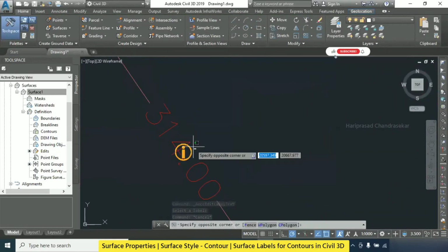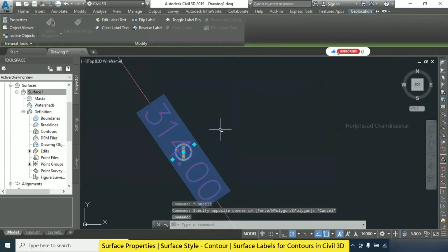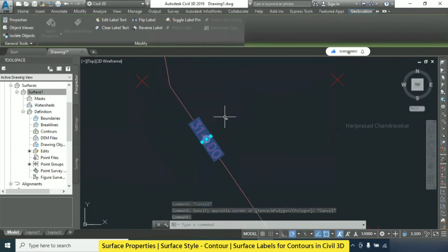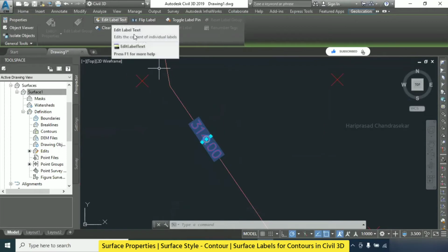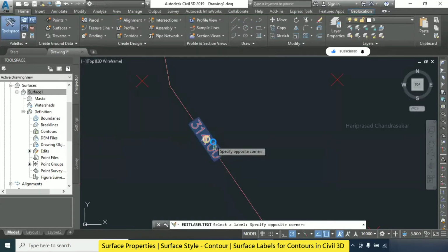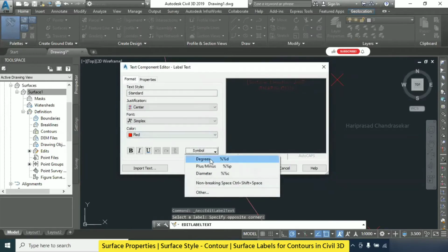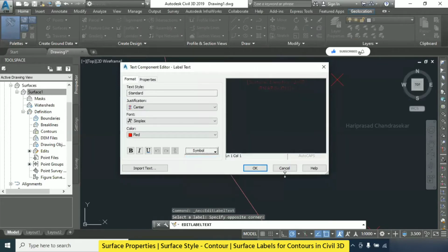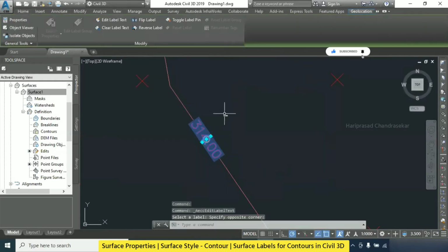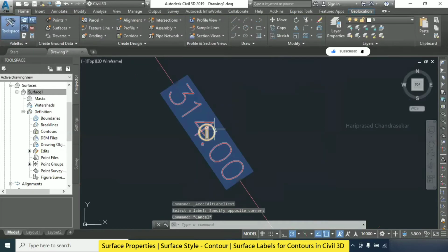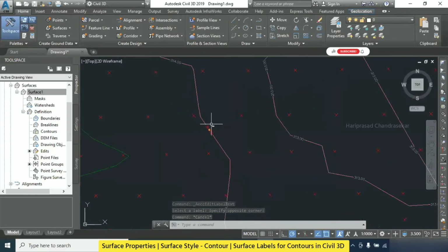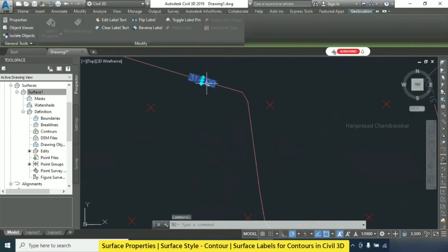But why is the exclamatory coming, in the sense like only for this? I think in edit label there's a symbol selected. Just check there. Symbol. No, this is for symbol. That is different. Okay. This is only for that particular label that we have selected. That's why it is different from others. That's why we are getting the exclamatory. Okay. Or if you want to edit the whole label, do we have any option? We will see.